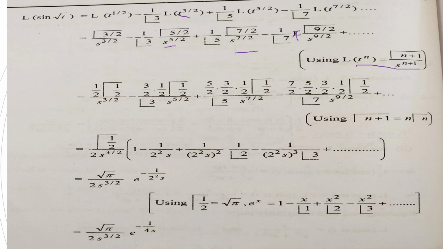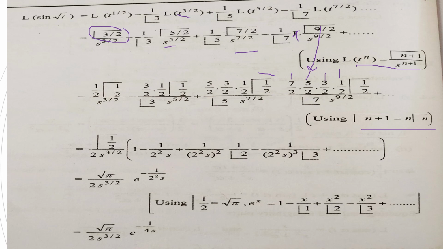Now how to simplify this gamma function? I will explain how to write this. For example, gamma 3 by 2: break it as 1 by 2 gamma 1 by 2, and we know the value of gamma 1 by 2 using this formula. If we have gamma 5 by 2, break it as 3 by 2, 1 by 2, then gamma 1 by 2. For 7 by 2, subtract 1 each time: 5 by 2, 3 by 2, 1 by 2, then gamma 1 by 2. If we have gamma 9 by 2, we do it like this: subtract 1, 7 by 2, subtract 1, 5 by 2, subtract 1, 3 by 2, subtract 1, 1 by 2, and last gamma 1 by 2. And we know that the value of gamma 1 by 2 is root pi.